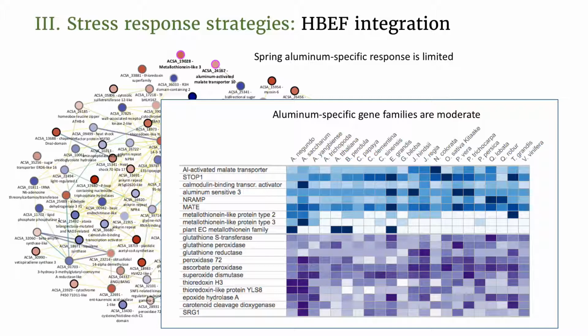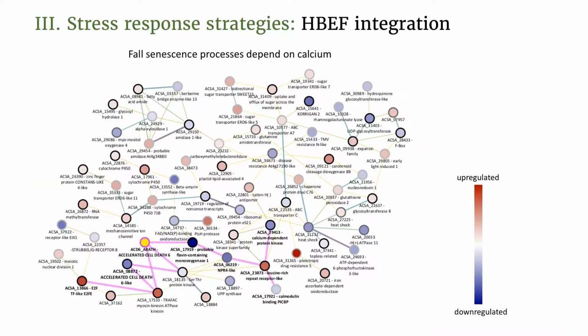Gene family size doesn't necessarily correlate to expression values, so it's hard to say why we don't see expression of more of those aluminum-related genes, and it could be a number of factors. It could be that it is stem tissue, or that these trees are more acclimated versus testing a more immediate response. The second example is from fall.